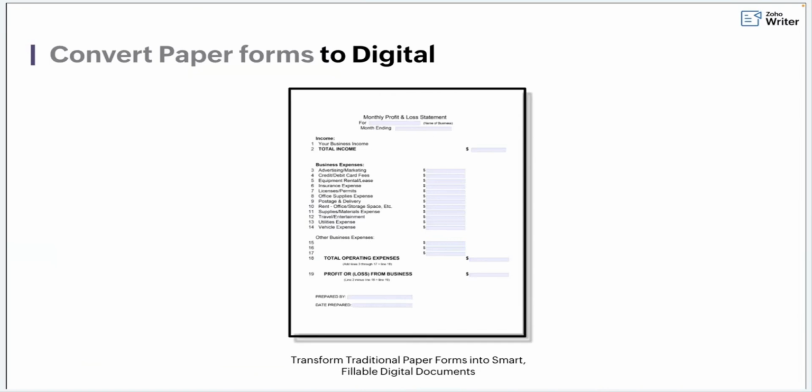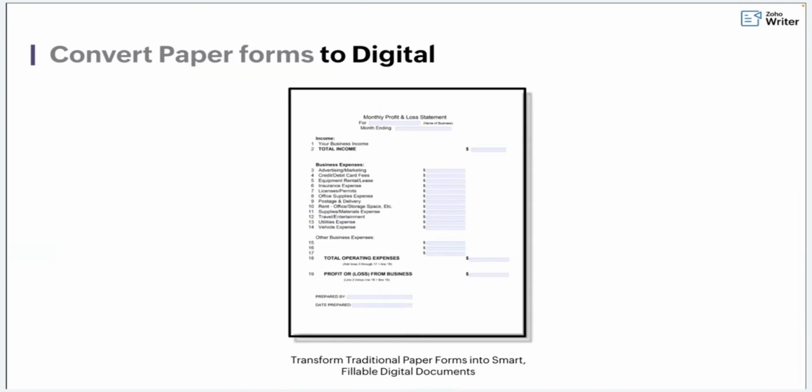Just scan the paper form and upload it as a PDF, and then it automatically converts into a fillable digital form. So you get to have an option to fully control and also customize the fields based on your need. And this helps in collecting data quickly, reducing manual errors, and speeding up the whole process. Exactly. So whether it's onboarding a new client, collecting investment declarations, or capturing internal requests, everything becomes digital, trackable, and